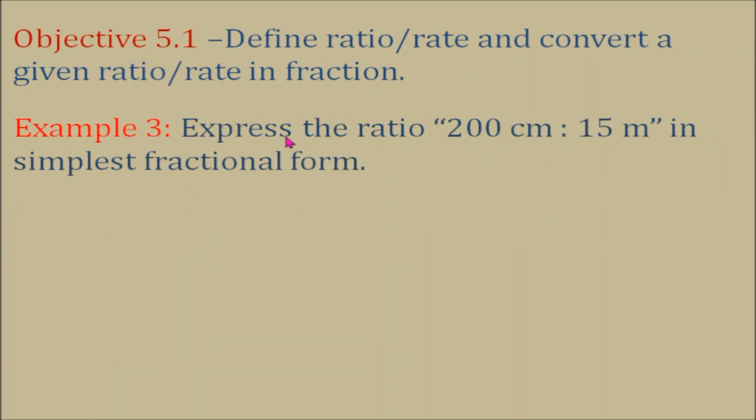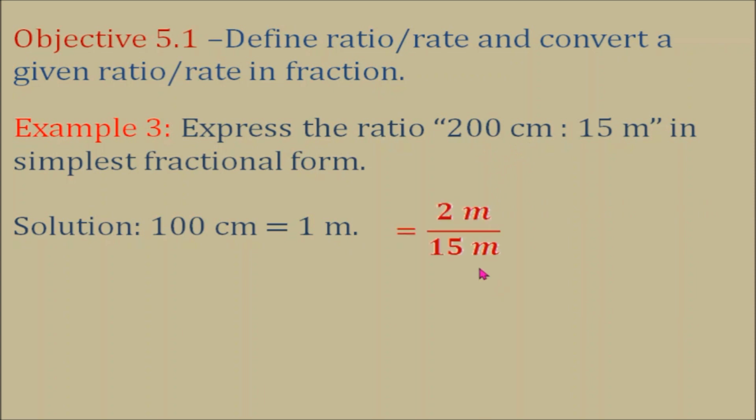Example number 3. Express the ratio 200 cm is to 15 m in simplest fractional form. So we know that 100 cm equals 1 m. So that means 200 cm equals 2 m. We can write it as 2 m over 15 m. Since the units are the same, we can cancel out m. So our answer is